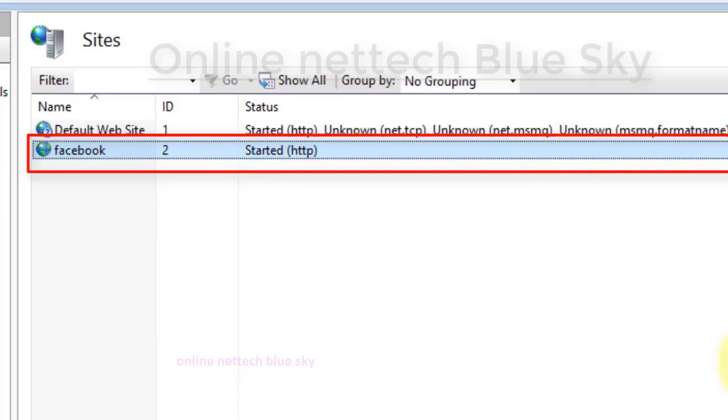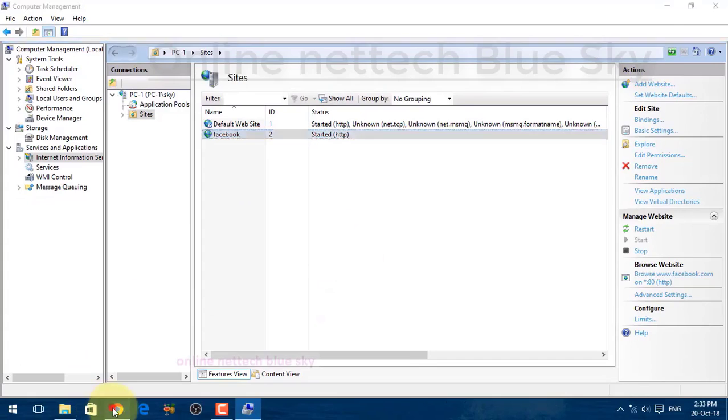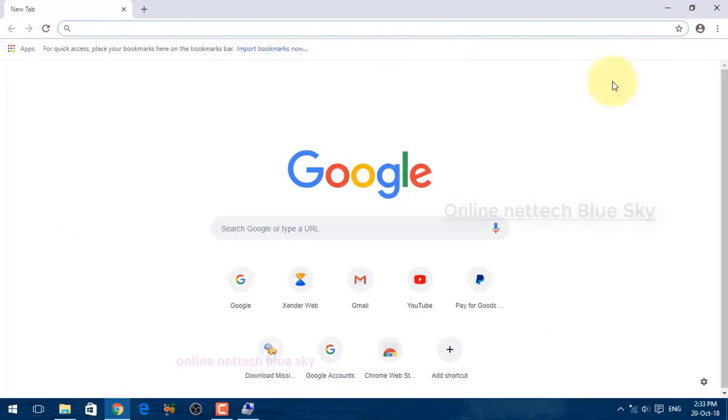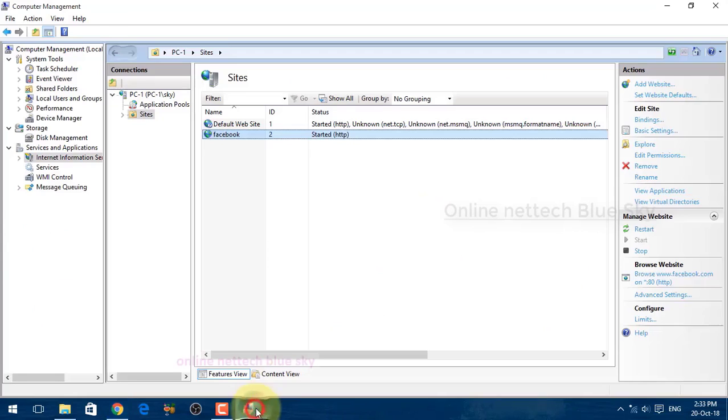Only the Server edition of IIS supports multiple sites, so I will try to open this website here, but it does not support multiple sites.